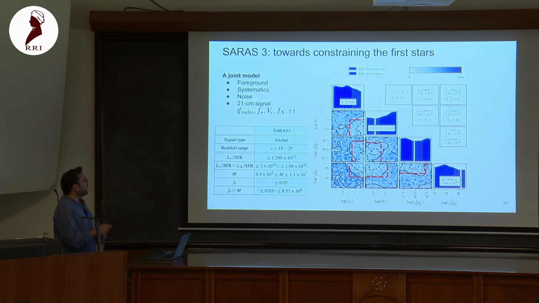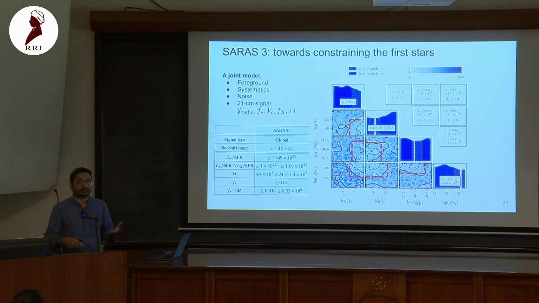And this time we have gone back to the standard models, which has some excess radio, some star formation efficiency, which is what fraction of the gas actually gets converted to stars. The circular velocity, which again ties up with the minimum mass that was required to form halos, X-ray efficiency, and optical depth. And we are able to constrain the excess radio.